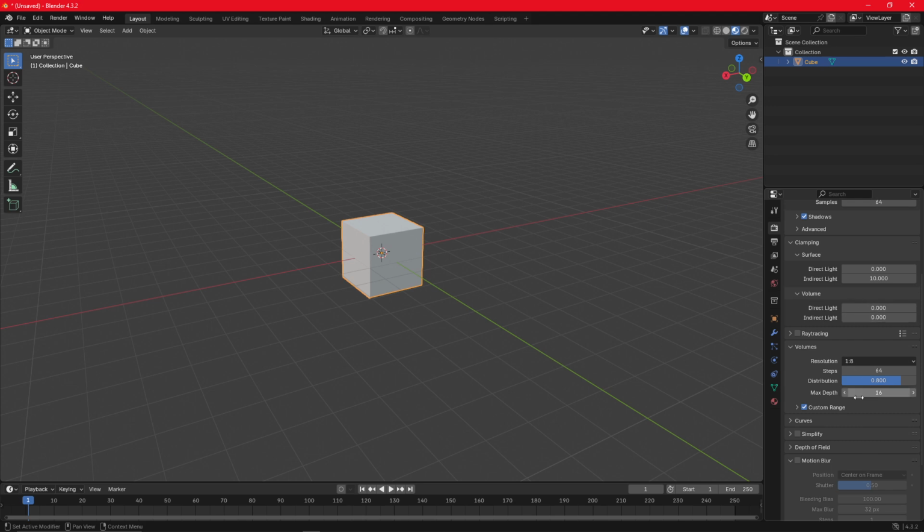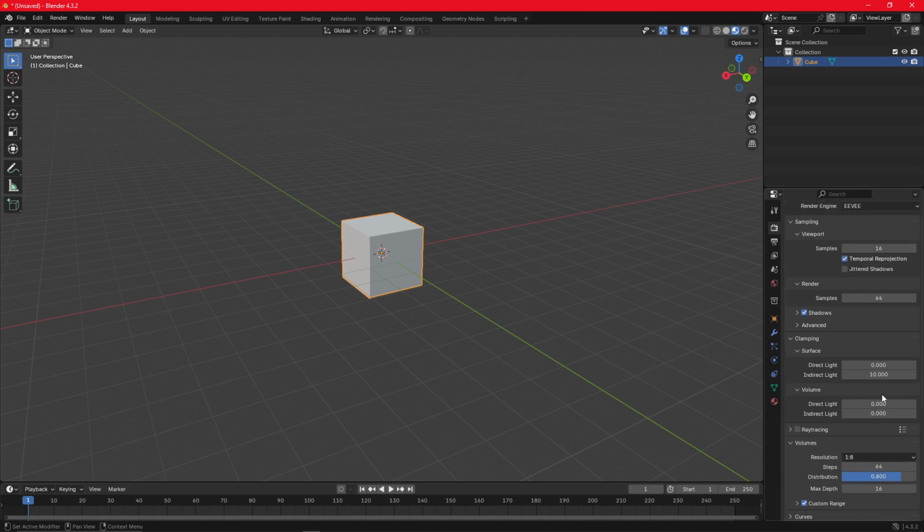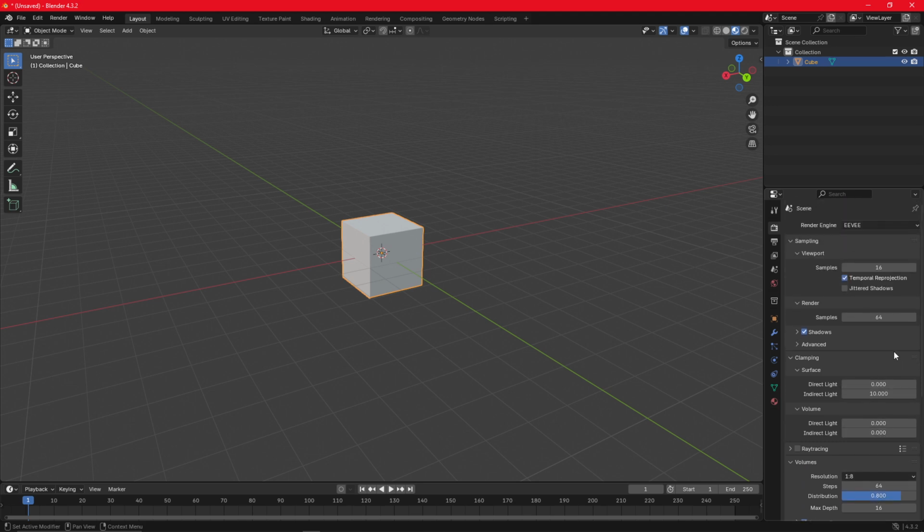When you're ready and satisfied with your settings, it's time to render your project. To start rendering, you have two options. You can simply press the F12 key on your keyboard, which is a quick shortcut to watch your scene come to life. Alternatively, if you prefer using drop-down menus, just head over to the top menu bar, click on Render,